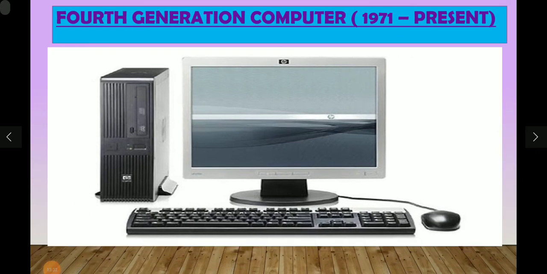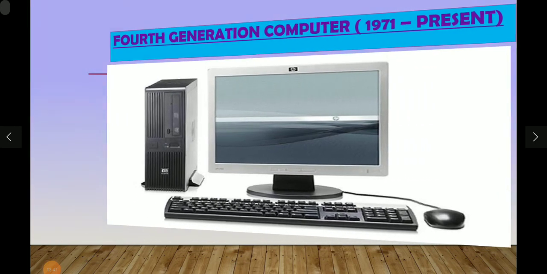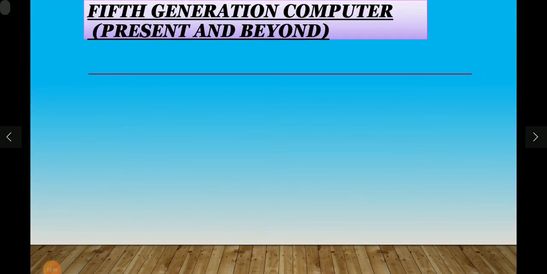This is our fourth generation computer, and we can observe the CPU, keyboard, mouse, and monitor all formed with a perfect shape and size and functions in this fourth generation computer. And the last generation, we can call it a future generation also, that is the fifth generation computer. So till now we are using the computer as a machine, right? But in our future it will be in robotic forms. We see how the robots are.